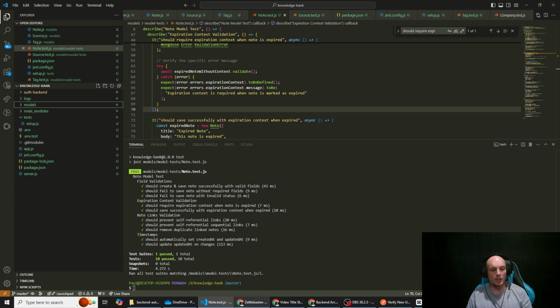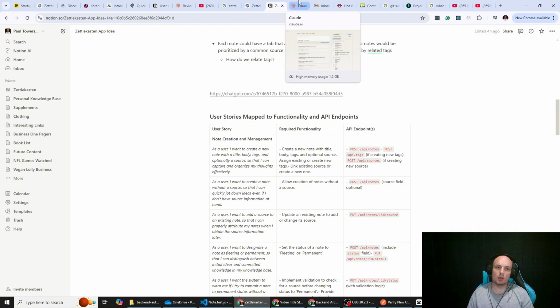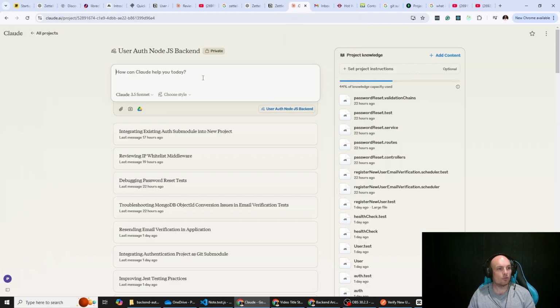But really, the focus now is to create some new functionality and do it with all of the lessons that I've learned in terms of being able to prompt Claude effectively. So we're going to start here, and we are going to start with a new chat in our existing project, which has all of the backend functionality. So what we're going to do is say all of your project knowledge is